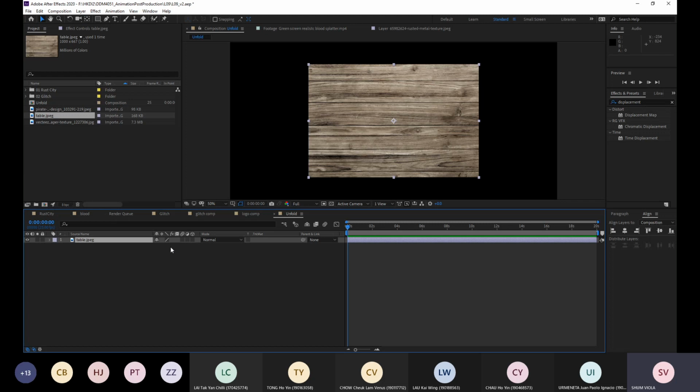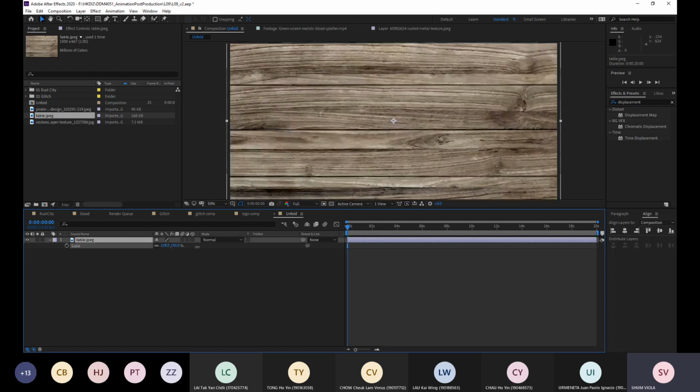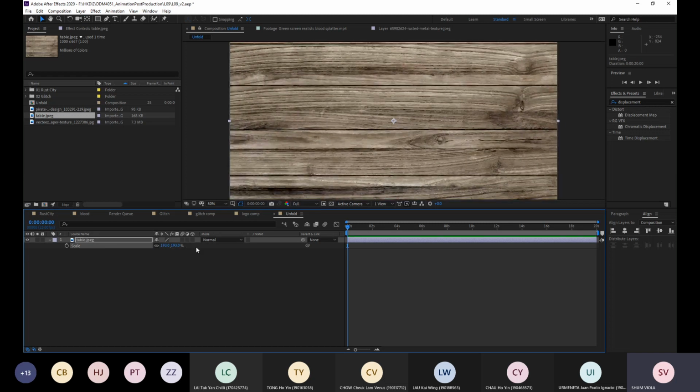So I would like to scale it a bit so that it will cover the whole screen, using the S button to show the scale and scale it up. 我覺得張台 texture 可能嫌細咗少少，所以我將佢放大少少，cover 晒成個畫面。